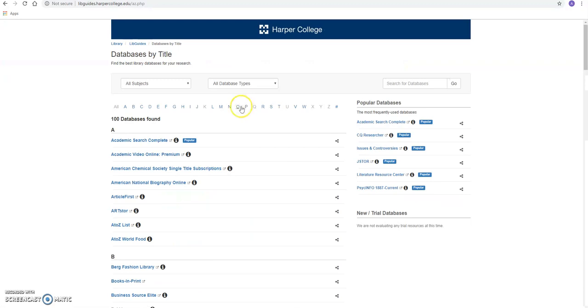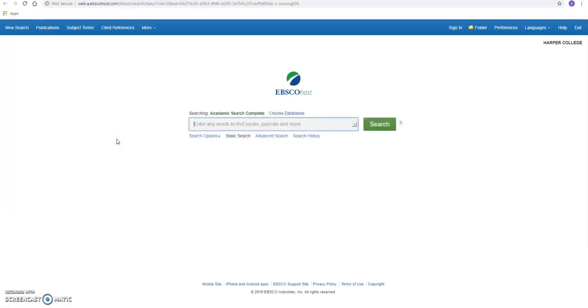And this time I'm not going to click on any of these letters up here, but rather just look at the very first database listed, called Academic Search Complete, and click there. When I get to the resulting page, I tried this earlier. You could type in, as you know, a million different search possibilities, but I typed in murder